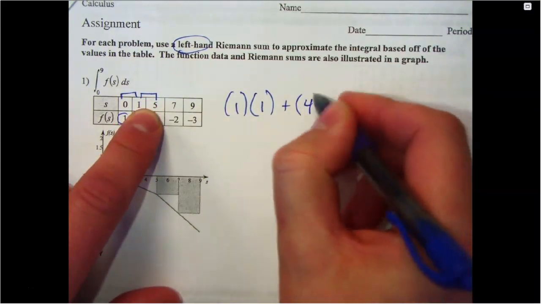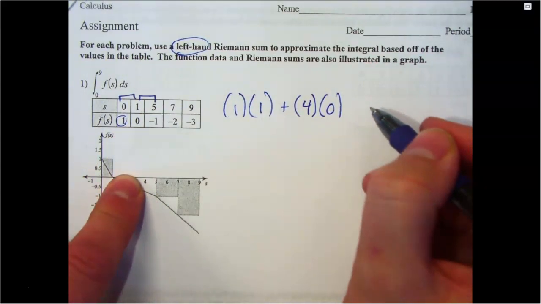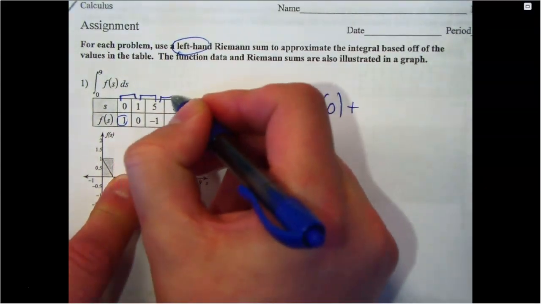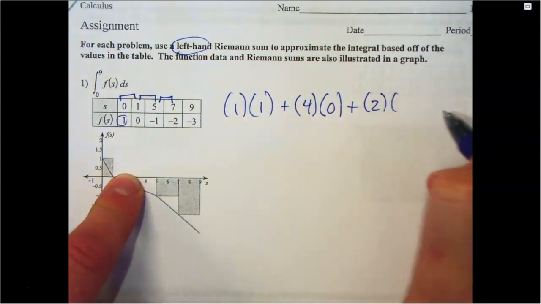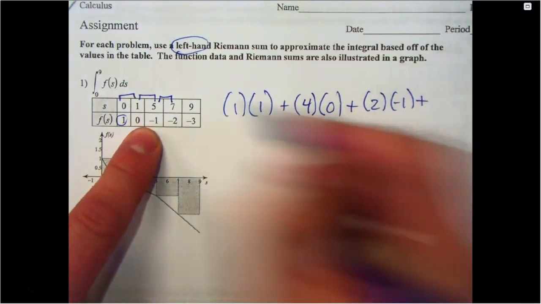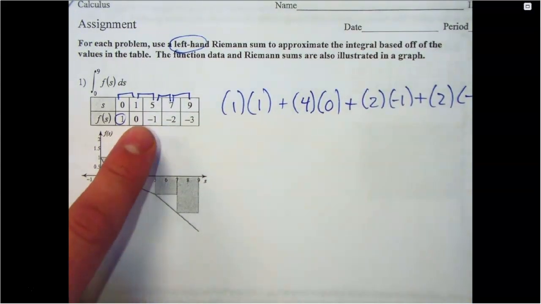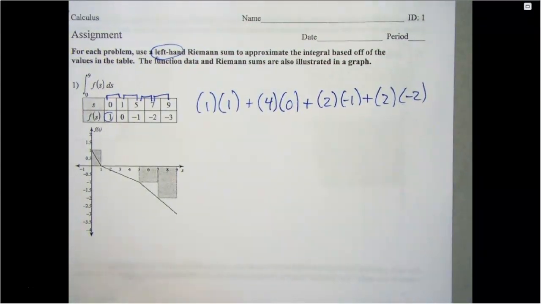4. And then the left hand height is 0. That's why it's not drawn. Because the height is 0. Plus, and then 5 to 7, what's your base? 2. And then the left y value, -1. And again, your next base is 2 also, and your height is -2. So this